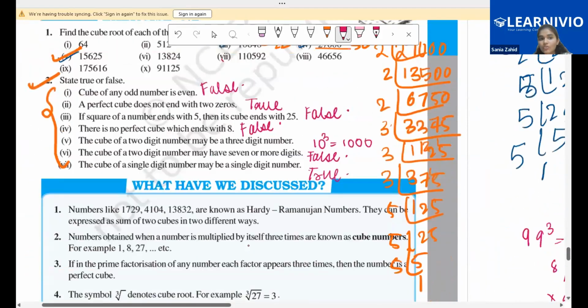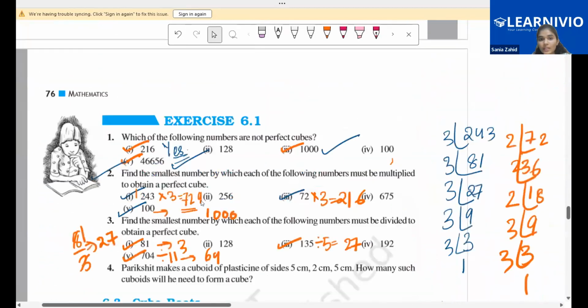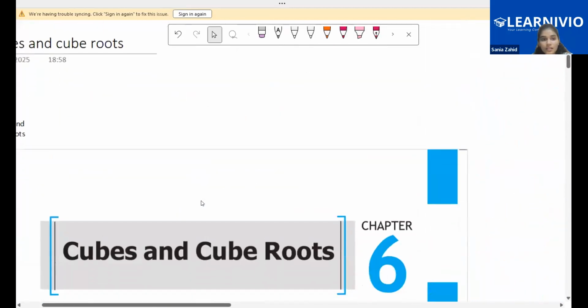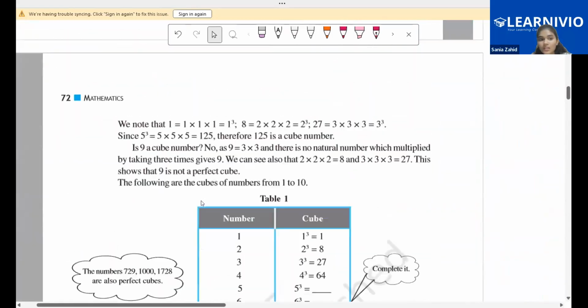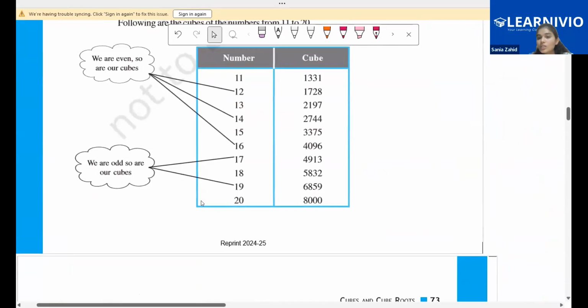Any doubts from these true and false? No, ma'am, all clear. Okay, so we just quickly review the entire lesson. Cubes and cube roots we discussed here. First of all, children, you need not learn all the cubes. Learning squares is essential, but it's okay if you don't learn the cubes. But at least write the cubes from 1 to 20 once, in your notebook or on a paper, as I told you before, and stick it